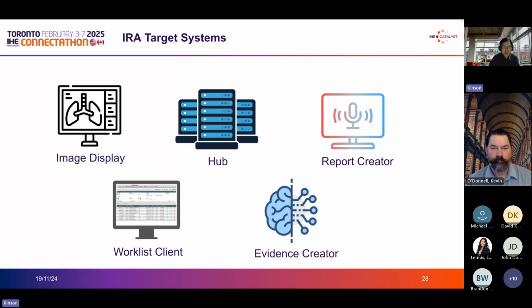actors are the image display. So usually there's a text that the user is dictating, looking at the images and reporting. And with the viewing capabilities, it can send all the viewing information through the hub to other systems. And then the report creator is your authoring tool that listens to those events and makes updates to the